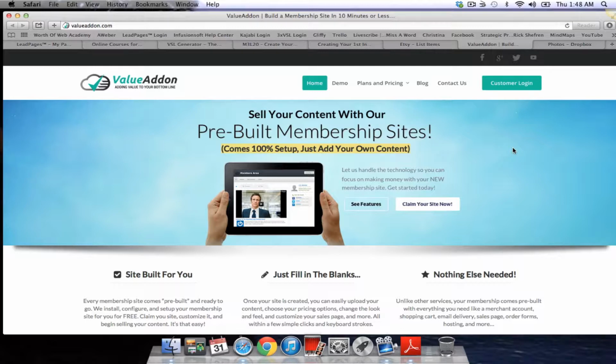Kajabi is more, it has a more simple structure, both for the back end person that might not be technical as well as the front end. There's not a lot of customization that you can do with it, but sometimes that's all people just need: a simple solution, speed of implementation, a really simple interface, and not a lot of extraneous functionality. So Kajabi's really good. Wishlist Member is you have to be familiar with WordPress as a platform, and then on